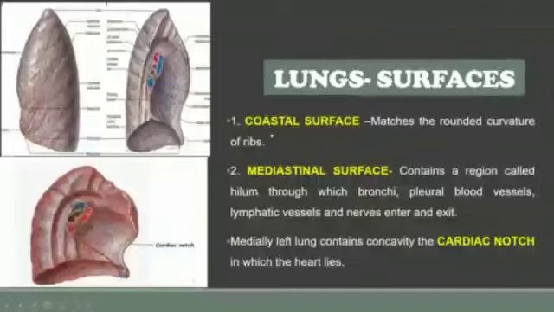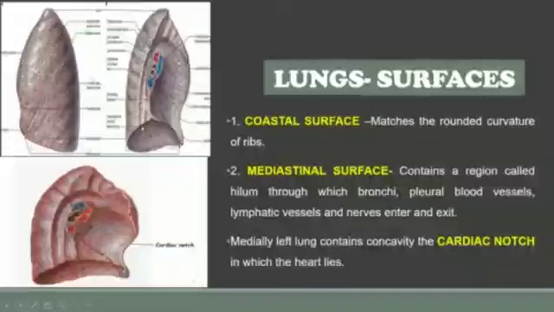Now, the exact meaning of costal is nothing but rib cage. The surface of the lung which comes in contact with the rib cage, as we know, over this surface you have the rib cage like this. You have all the 12 pairs of ribs covering this surface. Hence, this is called the costal surface. The surface of the lung which comes in contact with the rib cage, you call it the costal surface.